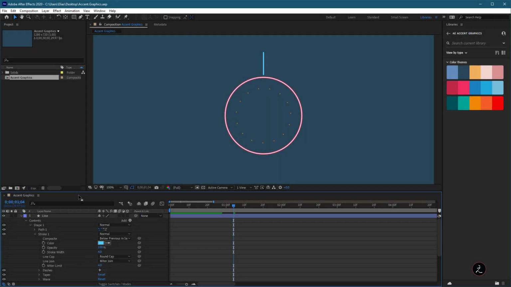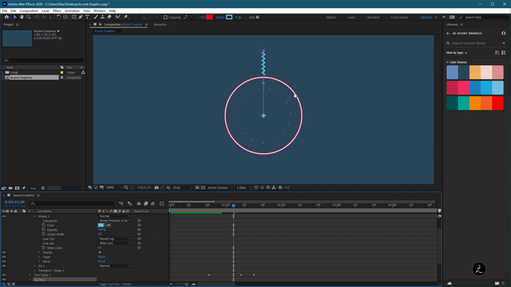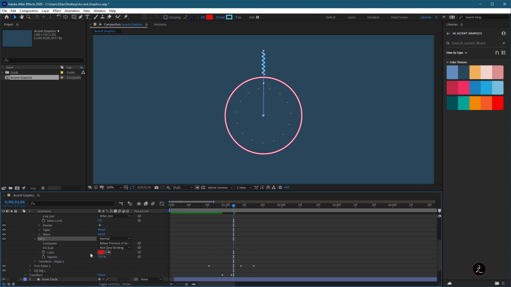All right, so one more cool thing to do before we close this up. I'm going to go back to the Add Flight menu, and this time I'm going to add a zigzag operator. Once I do that, you can see that the straight segment has become a zigzag. Great. Now, one thing that I noticed is that we have this red background color. Actually, this is the fill color. So if you open up the fill here, I'm going to set the opacity from 100% down to 0, and the fill color disappears. Great.